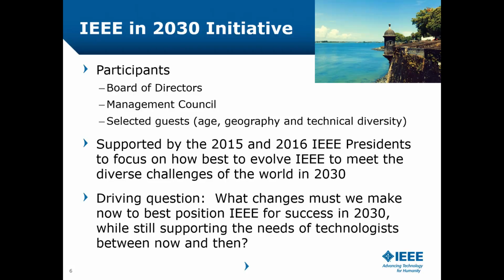They got together and said they need to do a major new strategic plan for IEEE. This was the current board of directors, so Mike Andrews and Tom Coughlin were there. The management council selected guests to make sure they were representing the YPs and people like that. And the 2015 and 2016 IEEE presidents, the recently elected president-elect Barry Shoup and our current president,